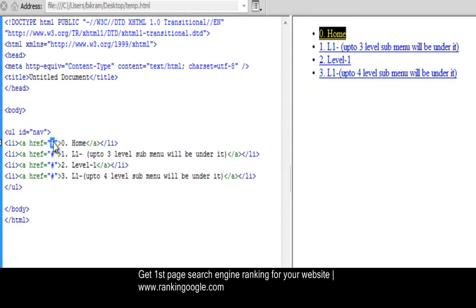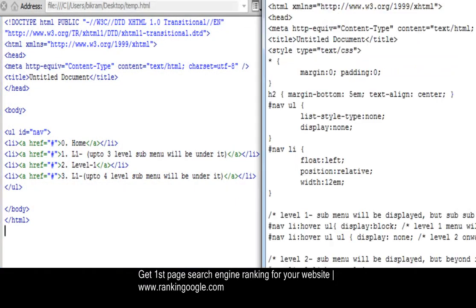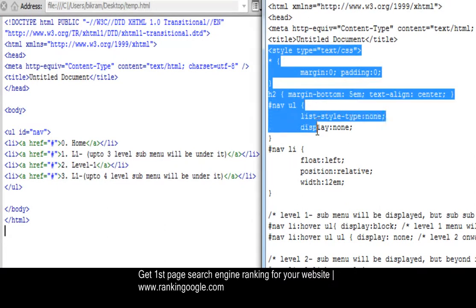And these will be the URLs here, http://www.google.com or anything relative, /index.php, like that. Anyway, I am putting a hash here, there is no problem. So this looks like this, and now my objective is to make it a horizontal navigation. So I have taken everything here and now I am adding some styles.